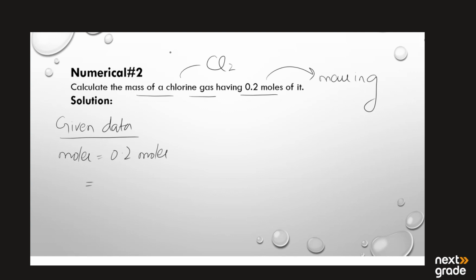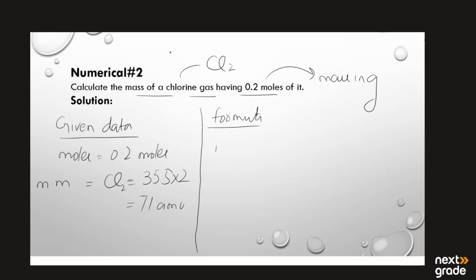And next we have the molar mass of chlorine Cl2. For one chlorine atom we have mass number 35.5. By multiplying it with 2 we will get 71 atomic mass unit. So by applying the formula we have